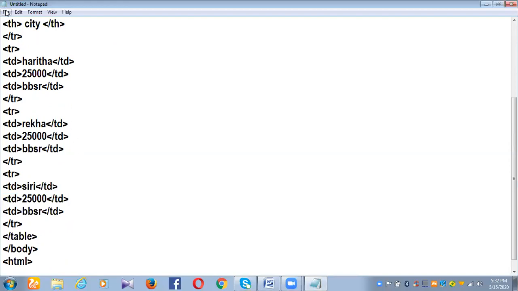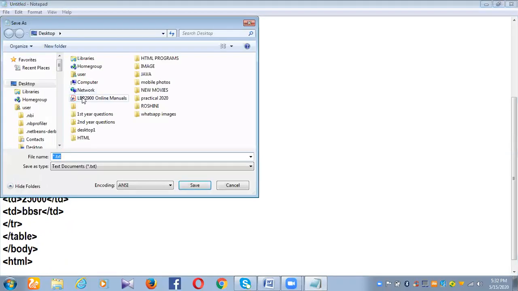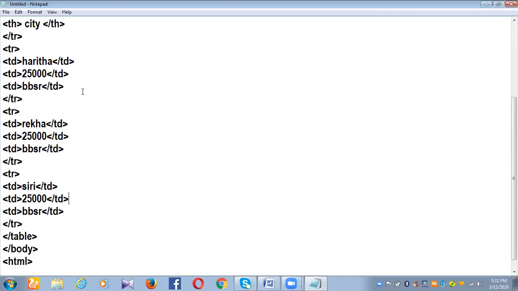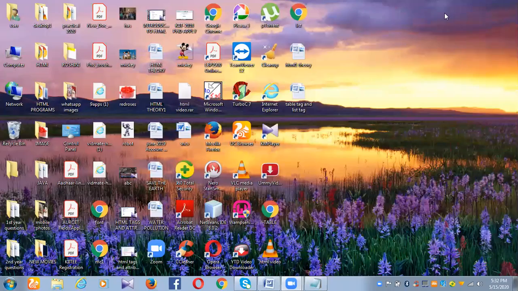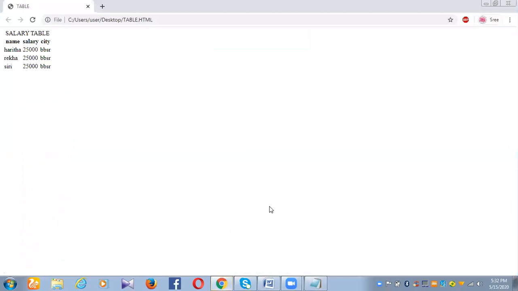Let me save the file first as table.html. Let me show you the output first. See here, this is the title of the document and here is the caption.